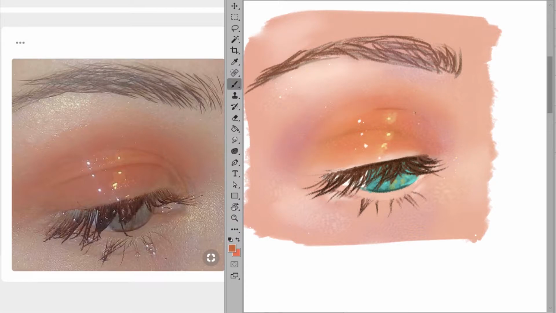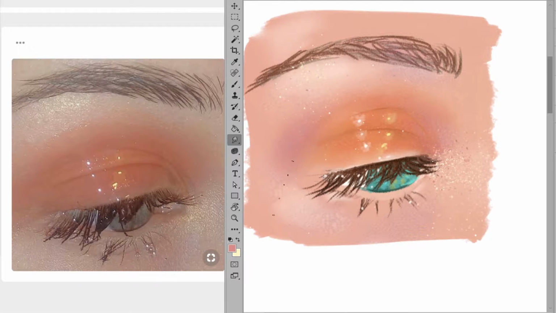And so I wanted to focus on individual facial features and finding the shapes in those features and how they relate to the other parts. I really wanted to find those shapes and basically how they fit together, I guess, in these little individual components of the face. And I also wanted to focus on light